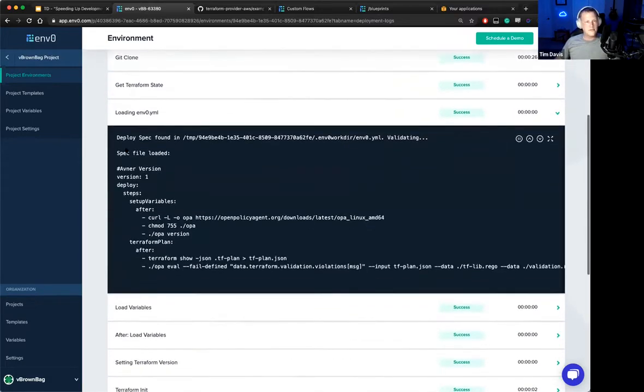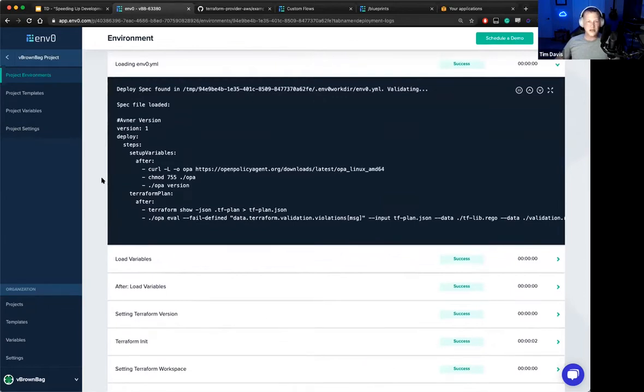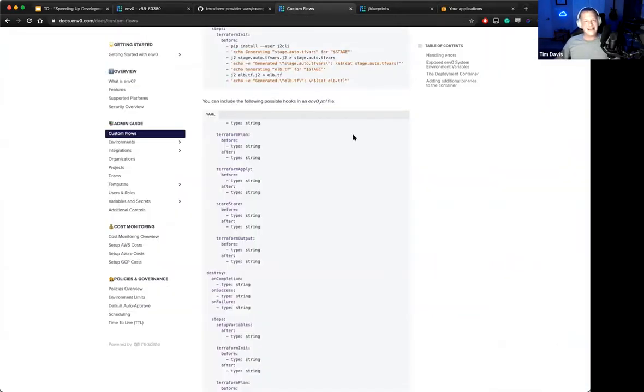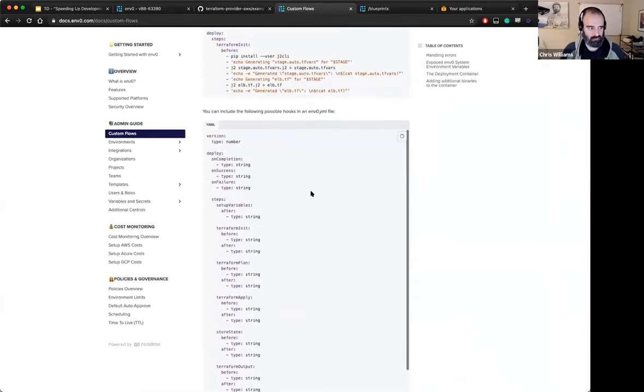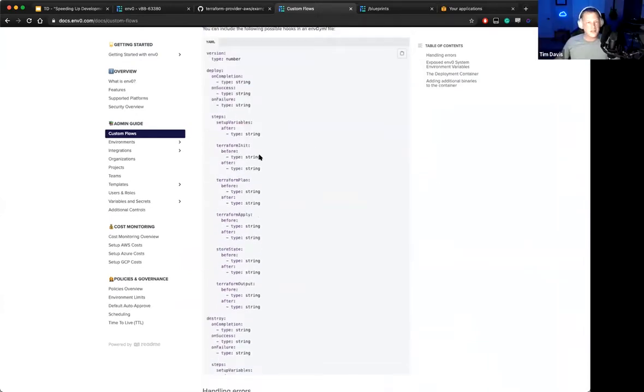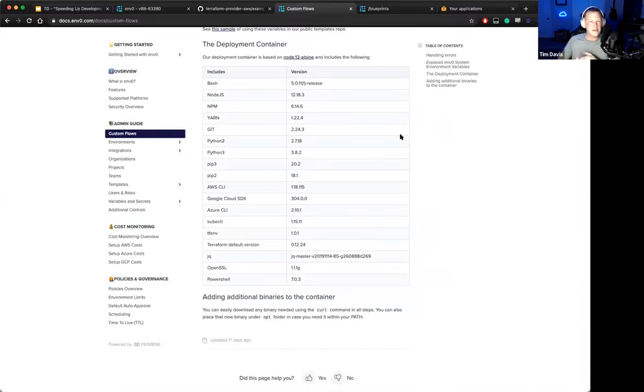That's where we're going to load, after that, our M0 YAML file. So this is really our secret sauce. This is where I think we excel and really bring a lot of extra value. We have the ability to script in, at any point in the deployment, bash commands to do whatever. If you want to put it, say, before the Terraform init or after the Terraform plan or after the Terraform output, you just start scripting in your bash commands. Our container by default has a bunch of stuff: Python, pip, all of the cloud CLIs, kubectl,